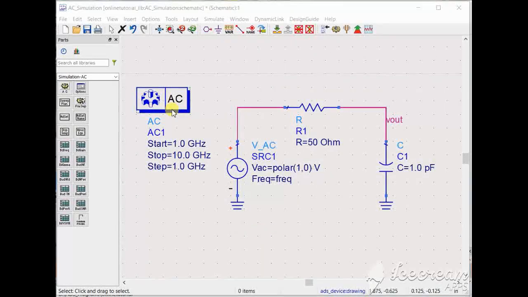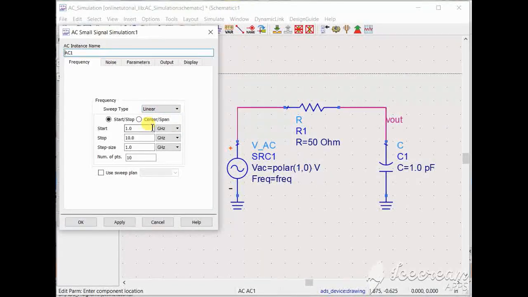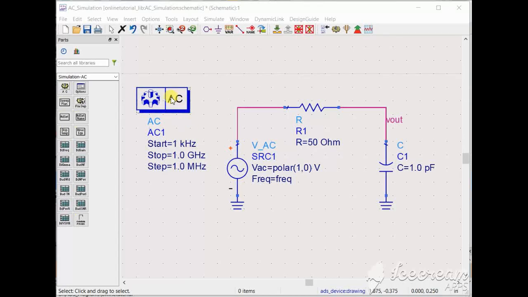So we will have to configure this, and for that I can write for example 1 kilohertz to 1 gigahertz. So here you configure this AC simulation controller the way it will start from 1 kilohertz to 1 gigahertz with step sizes of 1 megahertz. So understand this line very clearly.